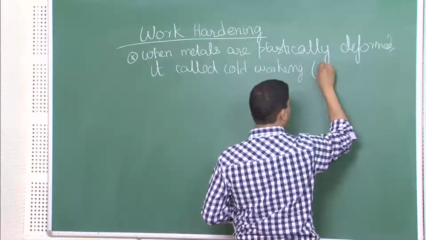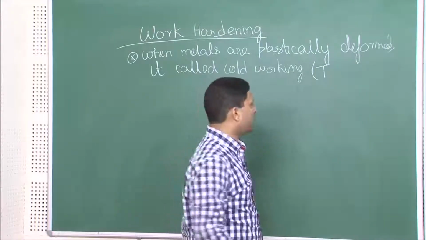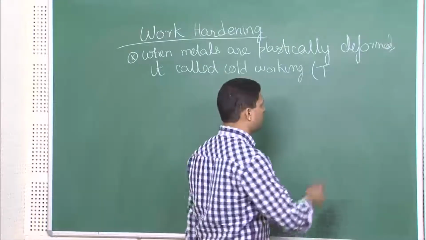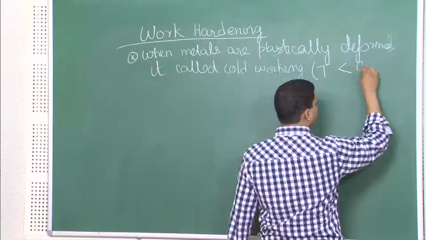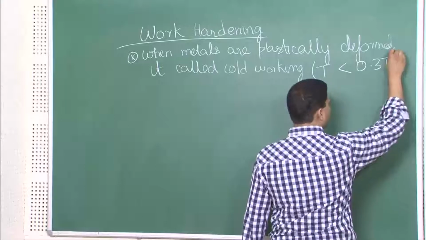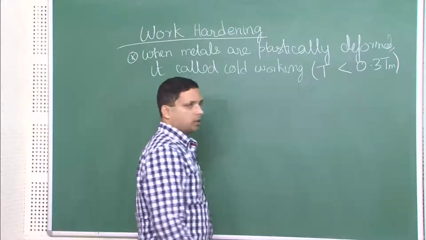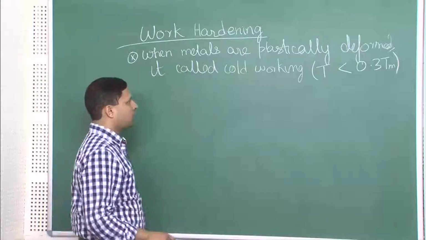I have not yet described what Tm is, but this is the melting point, and we are more interested in the homologous temperature. We will get to those things a little bit later on, but for now just realize that when the temperature is less than 0.3 times the melting point of the material, and you are deforming it plastically, then it is